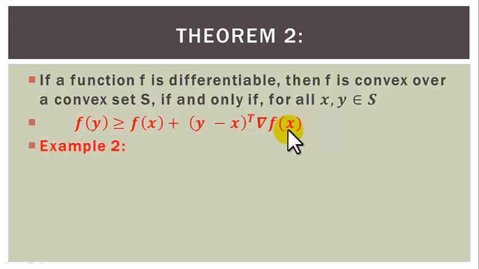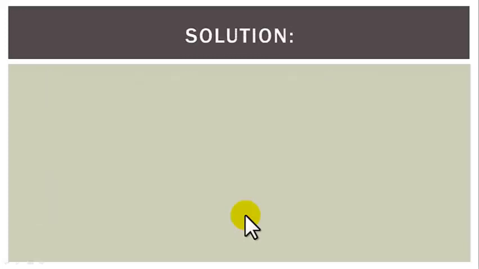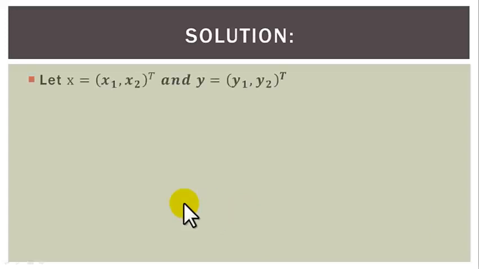Example 2. Consider the function f of x1, x2 equals x1 squared plus x2 squared, which is convex over R2. Show that f of y is greater than or equal to f of x plus y minus x transpose times the gradient of f of x. Solution. Let us take the point x to be x1 x2 transpose and y be y1 y2 transpose. Then